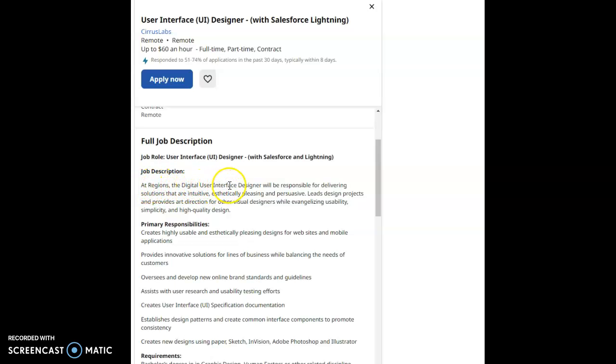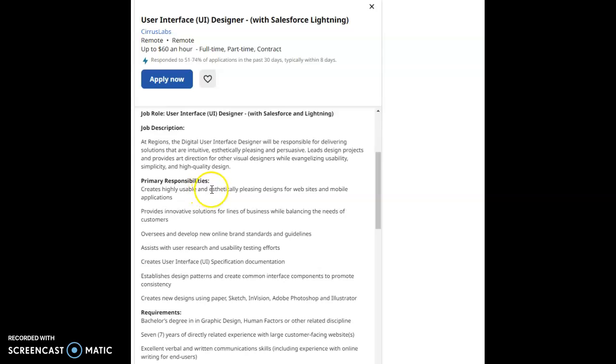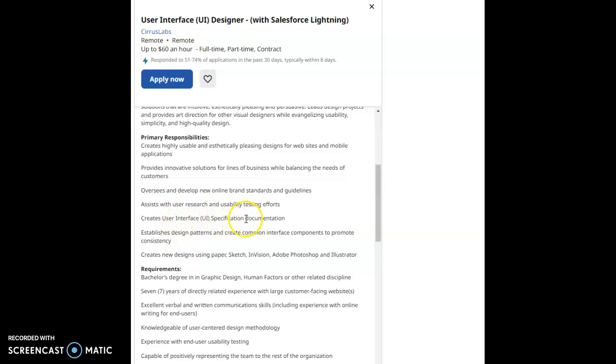At Regions, the digital user interface designer will be responsible for delivering solutions that are intuitive, aesthetically pleasing, and persuasive, leads design projects, and provides art direction for other visual designers while evangelizing usability, simplicity, and high quality design. Primary responsibilities: creates highly usable and aesthetically pleasing designs for websites and mobile applications, provides innovative solutions for lines of business while balancing the needs of customers, oversees and develops new online brand standards and guidelines, assists with user research and usability testing efforts, creates user interface UI specification documentation,